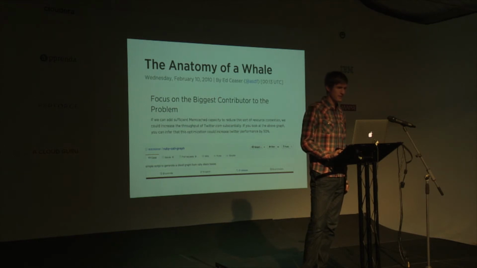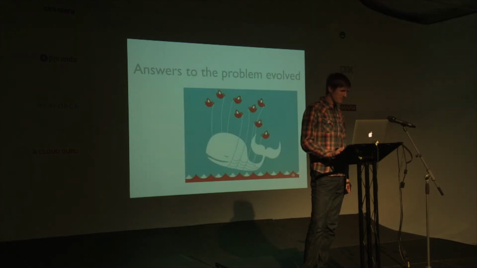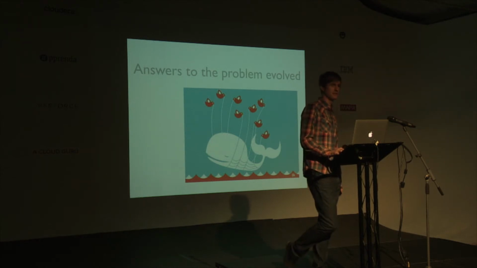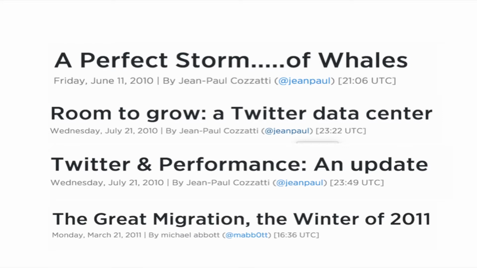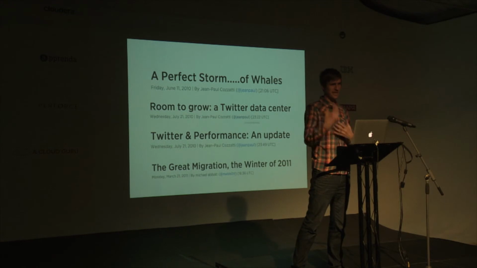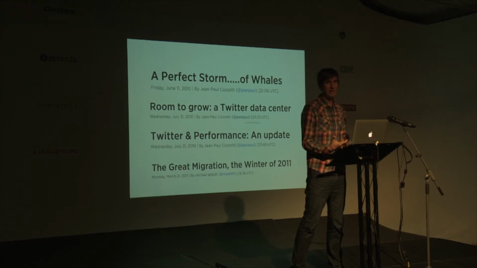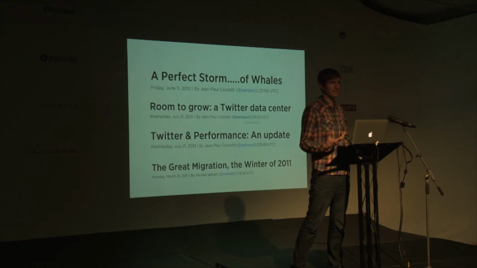And in this case, it was a little Ruby app to show what a cloud looks like. And this fail whale, it just kept popping up, and it popped up not just from users, but in the reactions in the engineering space. If you look at the number of blogs that were about the fail whale, there were quite a lot actually. And so there was this dialogue, or at least a monologue, with Twitter engineering and their users saying, okay, we are paying attention and here's what we're doing. And by the way, this might be interesting to you, how we're actually attacking these problems, many of which are open source, but some of them are not. And